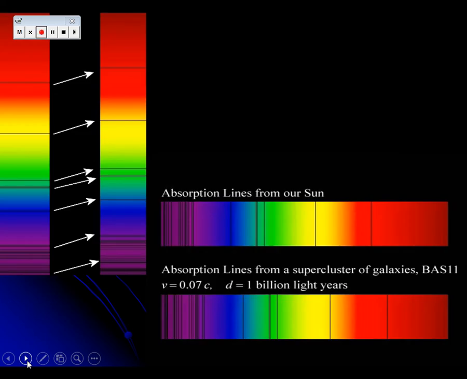This next slide is another way of seeing it. We have a vertical redshift here on the right, and down here on the bottom right are absorption lines, or emission lines, from elements from our sun, and then from a cluster of galaxies that are 1 billion light years away from us. And you can see from them, everything is shifted. All these black element lines are shifted to the red part of the spectrum.